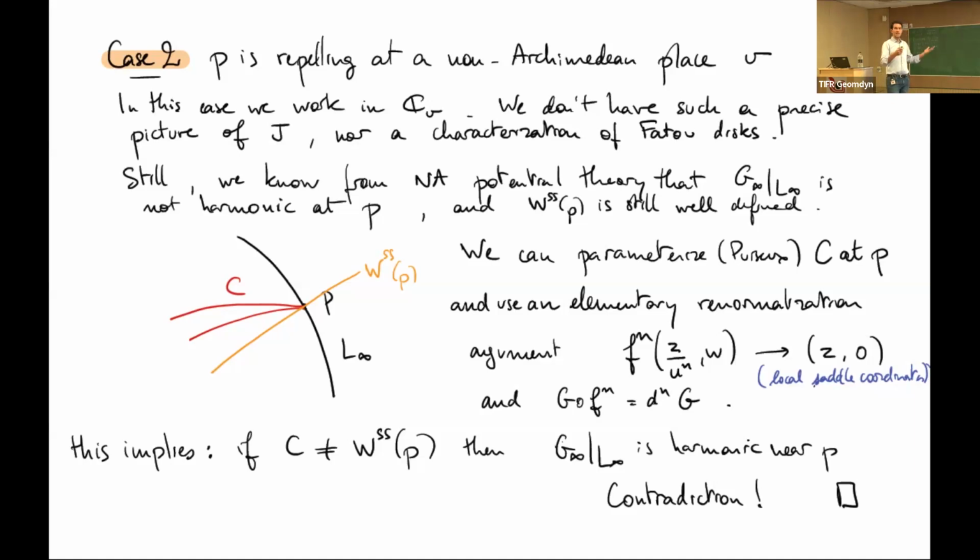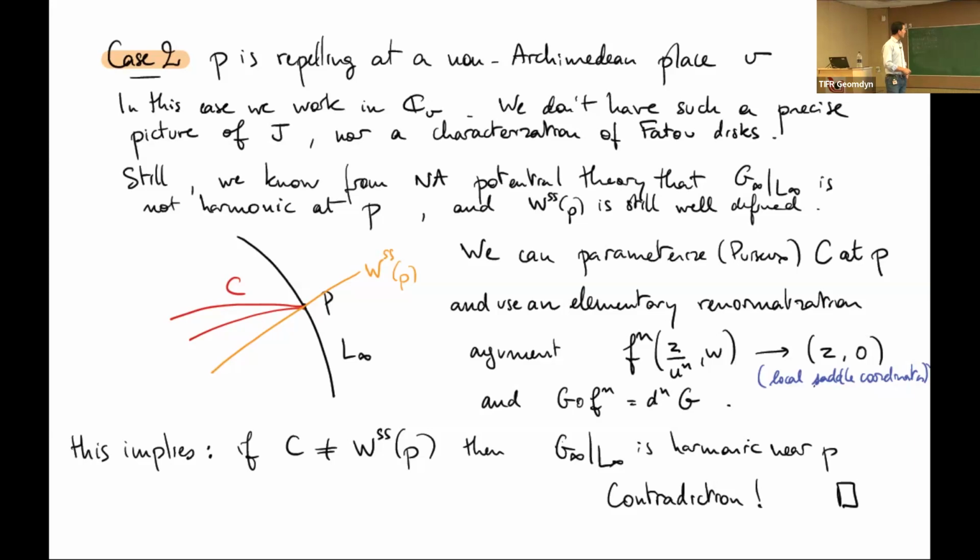Okay, so basic saddle point theory says that when you iterate a point of the form Z over lambda to the n, W, you go to Z0. So you take a point which is very, very close here, and then under iteration, it goes to the line at infinity. And now you use the invariance of the green function. Of course, it's not exactly G because you are working near the line at infinity, and the green function is for C2. But anyway, you don't care about this. So you apply the green function to this equation, okay? And we know that the green function is harmonic along C. So when you go to the limit, the G of Z0 will be a harmonic function.